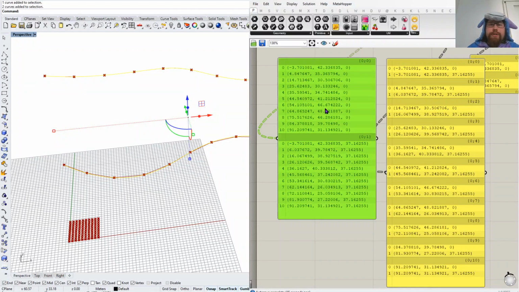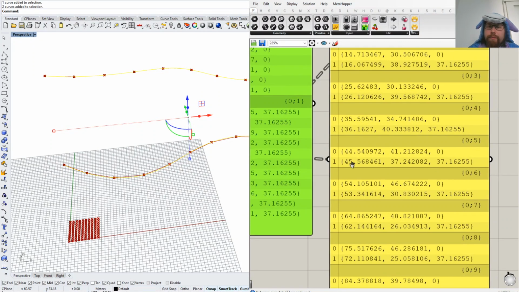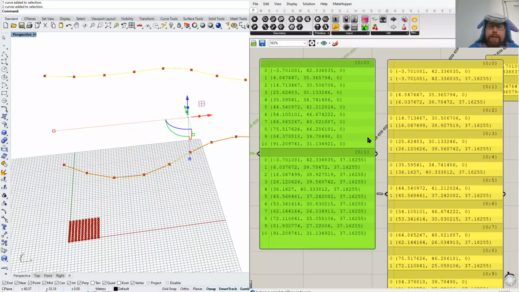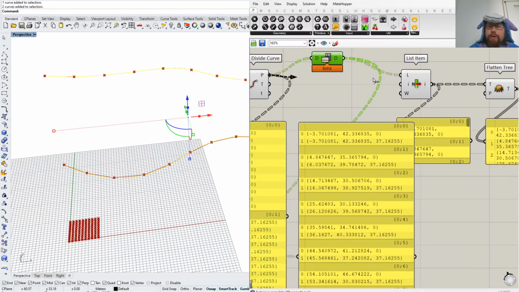So flip matrix goes and makes a branch out of indexes. There was index 0, so now we have branch 0. There was index 5, so now we have branch 5 over here, 0, 5. And this is how you can quickly change what's happening in your grid and so on. So let's try to use flip matrix maybe in a more concrete